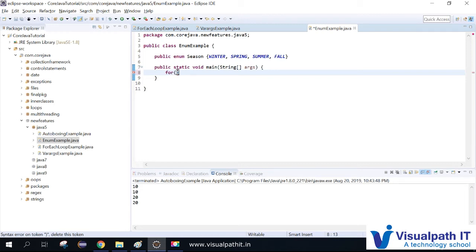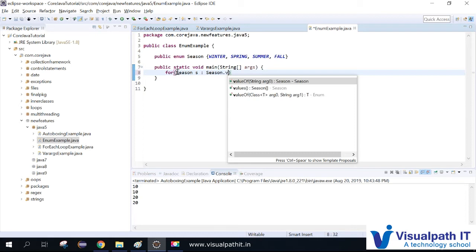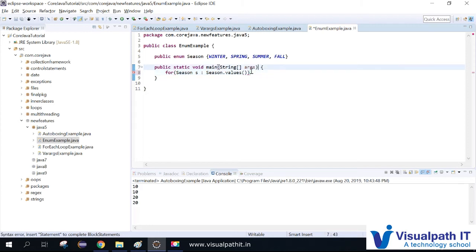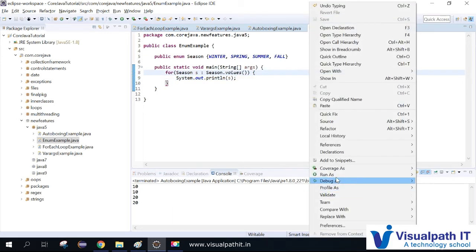So I'll be using Season, and we have to use Season.values(), which is an array. Values is the one that returns all these values, whatever values are available within the enum. All the values will be returned for you. Now I'm just printing. We'll see the results now.